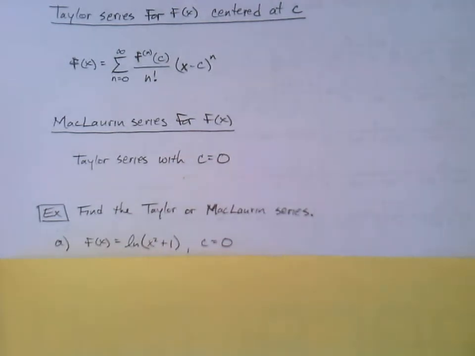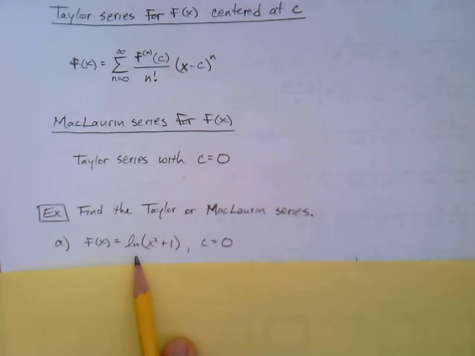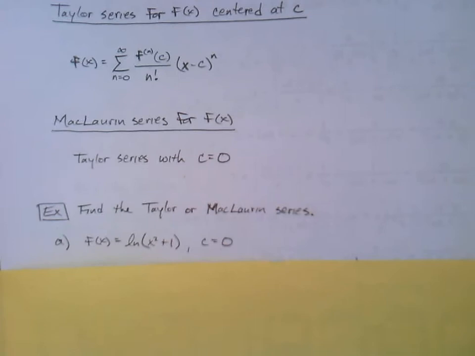Alright, so here is our first example. We're going to get two of these. So I kept the Taylor series definition there and the Maclaurin series up on the screen to get into this one. Find the Taylor or Maclaurin series. We're going to do this for f of x equals the natural log of x squared plus 1, and c will equal 0. And so we can tell, because we're centering at 0, this will in fact be a Maclaurin